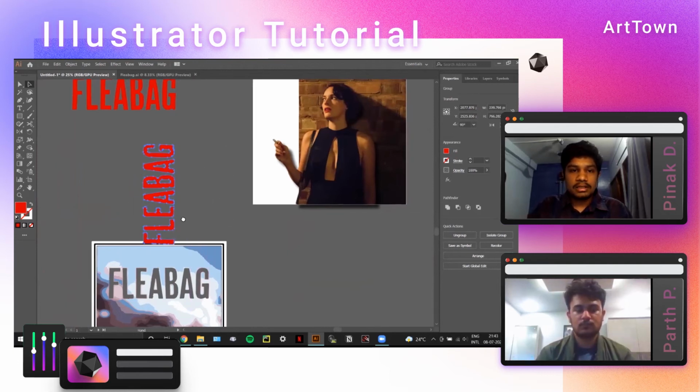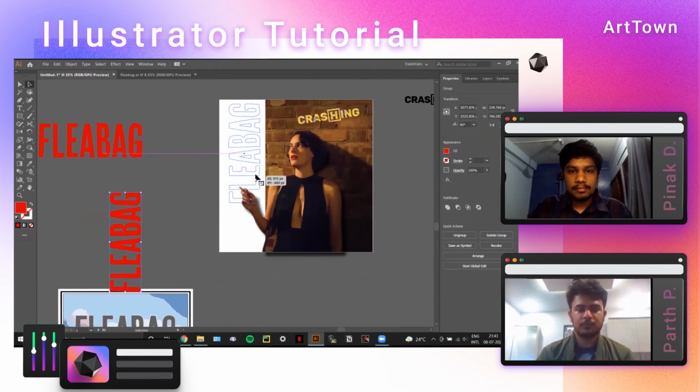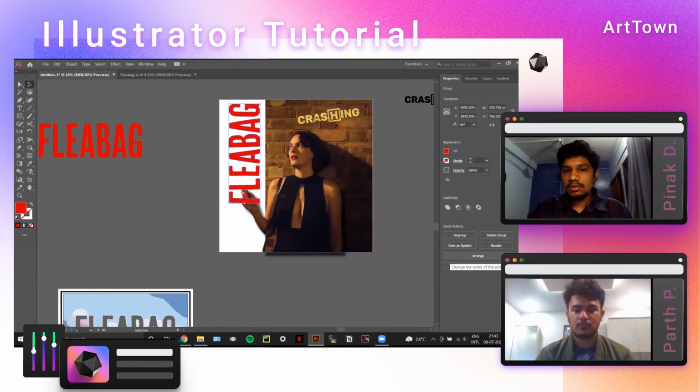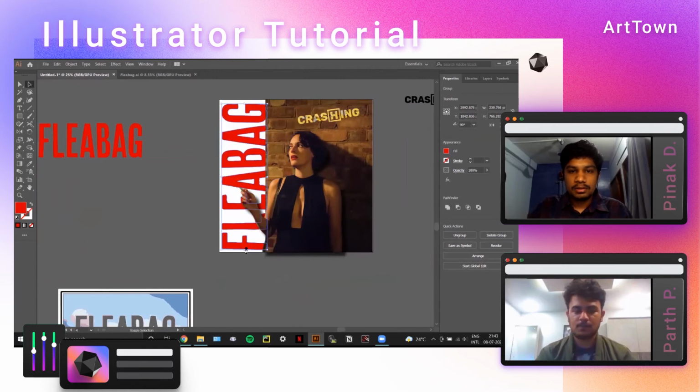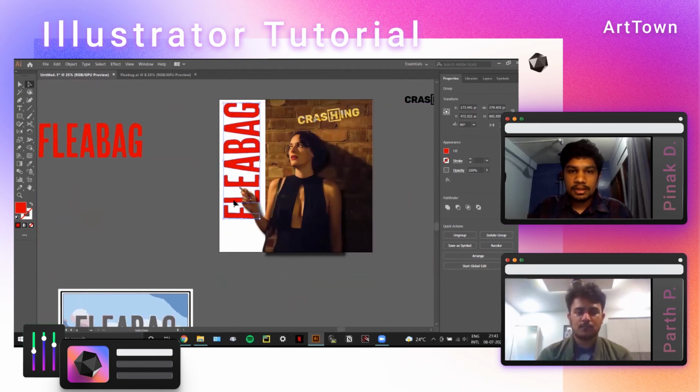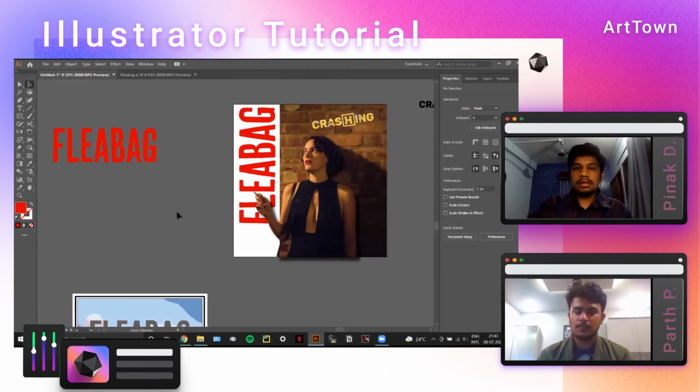So I just tilt it. Again, now this is basically stacking. So what I do is I stack it, send it behind, and I try and fit it. I still need some room for my name.